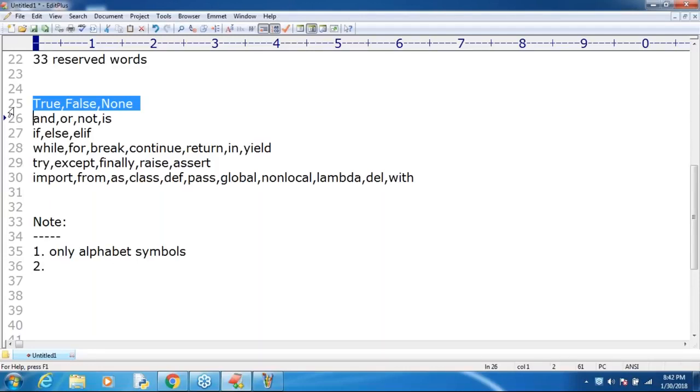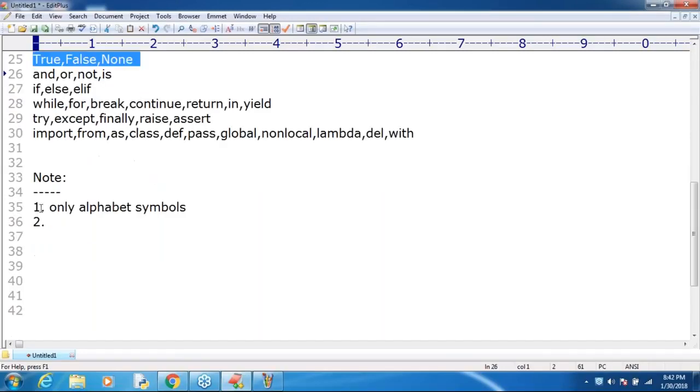Python is case sensitive, sir. Everywhere you need to consider whether it is lower or upper, the difference is there. It is a case sensitive programming language. Except the first three, all the remaining contain only lowercase alphabet symbols. Clear, right? Yes, friends, can you please confirm? Are you in a position to understand? In total, how many reserved words are there? 33. What is the common point? All contain only alphabet symbols, and except the first three, all the remaining contain only lowercase alphabet symbols.